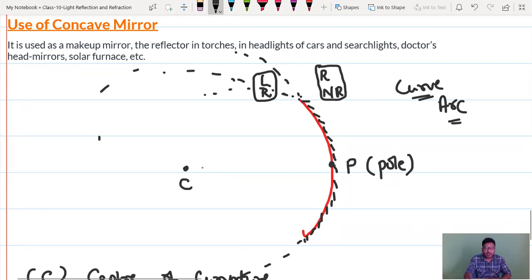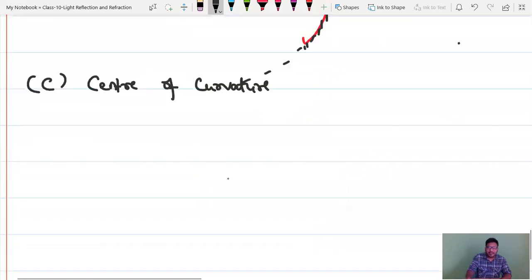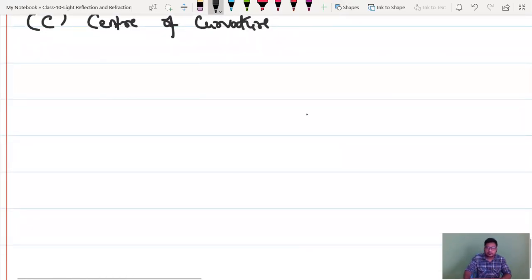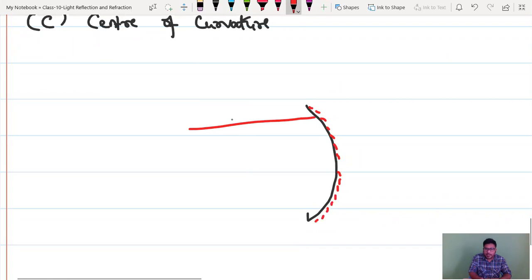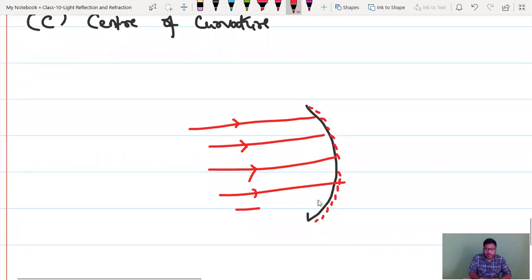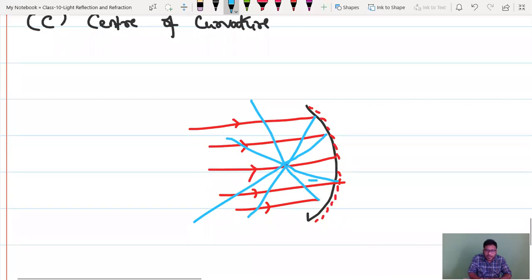Next, guys. Yesterday we discussed one thing, if you remember. Whenever you take a concave mirror and pass light rays, I mean incident rays, one light ray, second, third, fourth, fifth light ray, what will happen, guys? All light rays will reflect like this, isn't it? After reflecting, you can observe all light rays will meet at one point. It will converge at one point. The best example we can take is a magnifying glass.